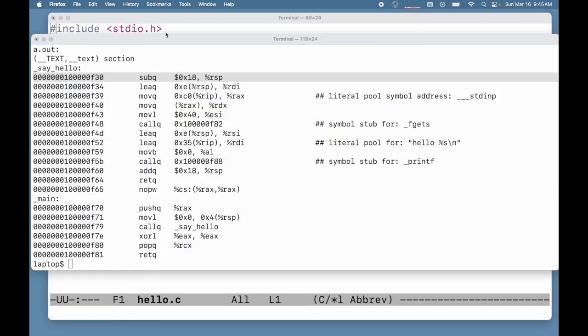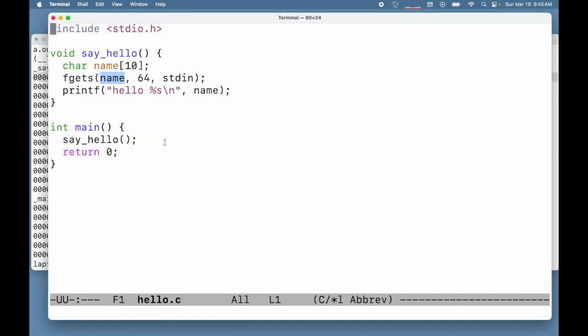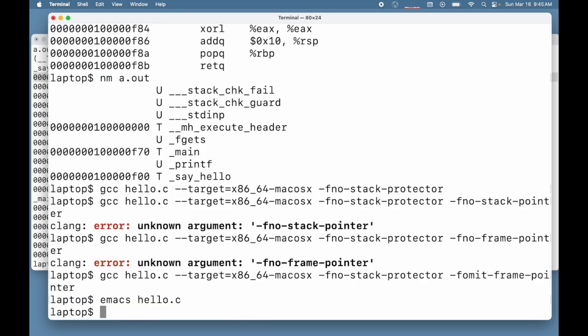Let's go back now to our original window. And now that we've got some sense of the machine code that goes with this program, let's try using a debugger to work with it running instead of just looking at it statically. So I'm going to start lldb a.out,